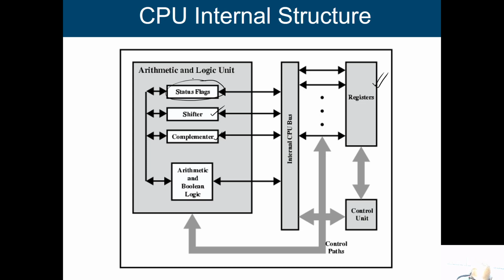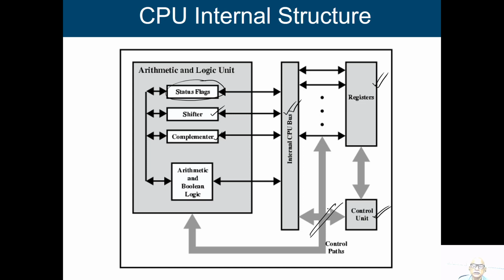Okay. And to have communication between the ALU and the registers, we have to transfer information. So, we need a communication link. For that we have this internal CPU bus. Okay. And for whatever operation we are going to perform, we have to give the appropriate indication, and those indications will be given by control signals, and those control signals will be generated by the control unit, and transferred through a communication channel known as control paths.